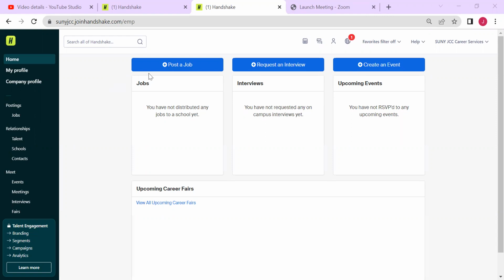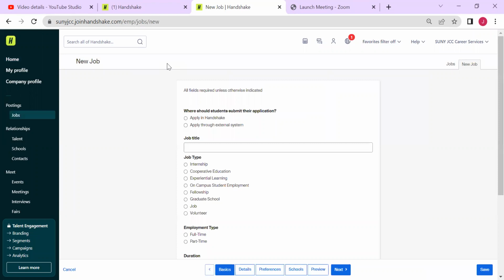We do want you to post your positions in Handshake with this blue post a job button right here. This will take you to a very easy form that you can fill out with all the information required about the positions that you are recruiting for. So please make sure that you are posting your jobs here in Handshake, but being able to message and search for students is going to give you a little bit more of an advantage and a little bit more ownership